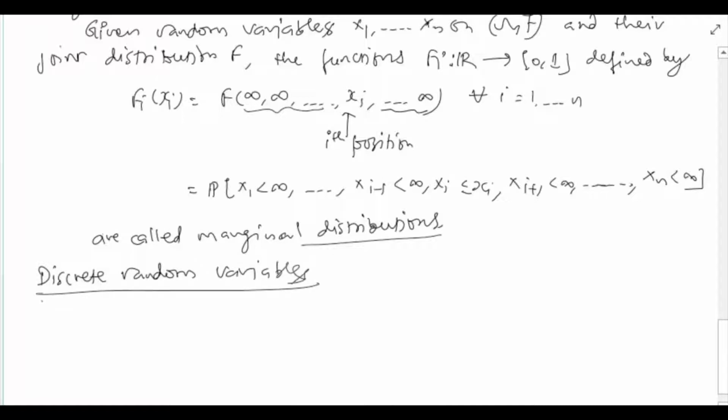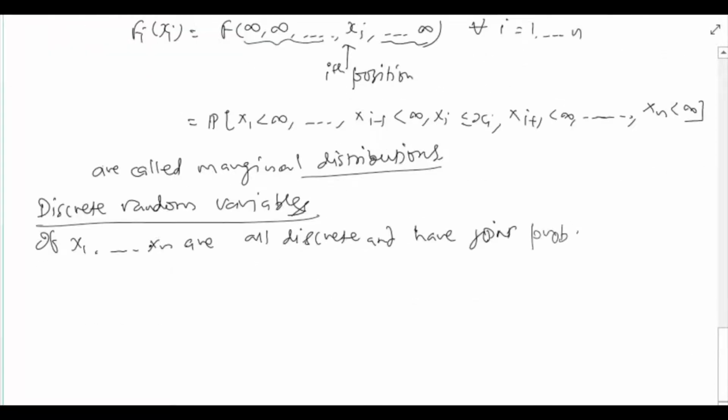Okay, so assume that x1 to xn are all discrete and have joint probability mass function, which we defined above, P. Then the functions